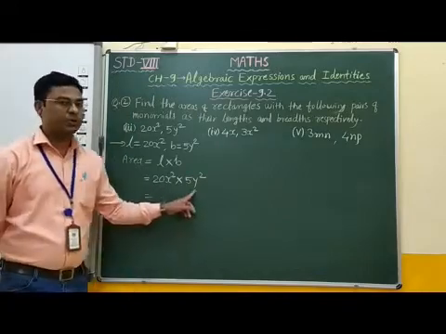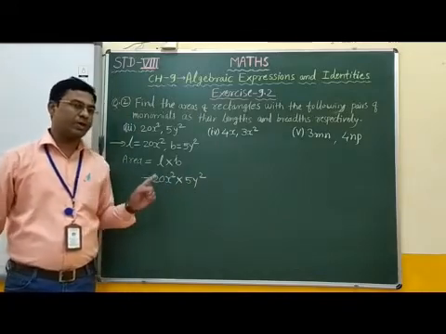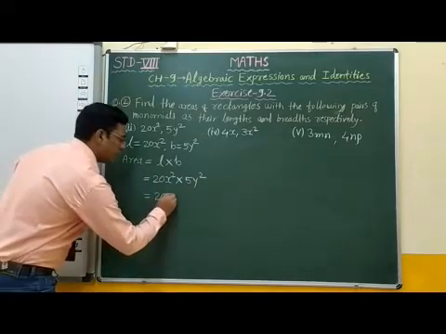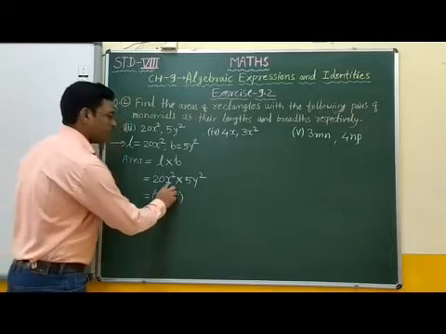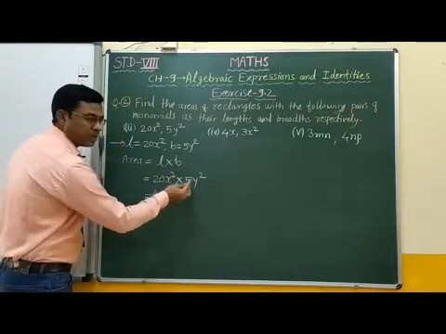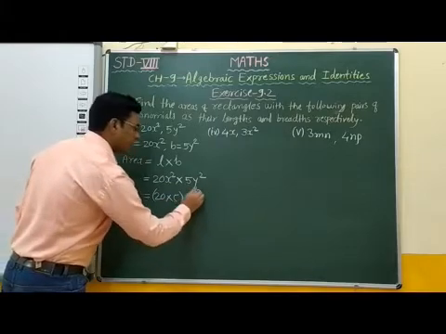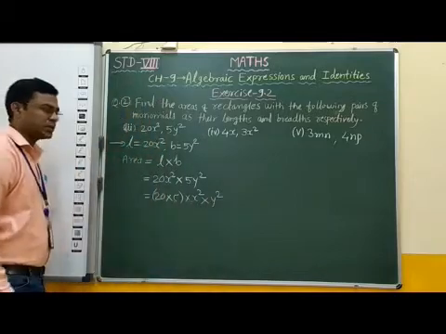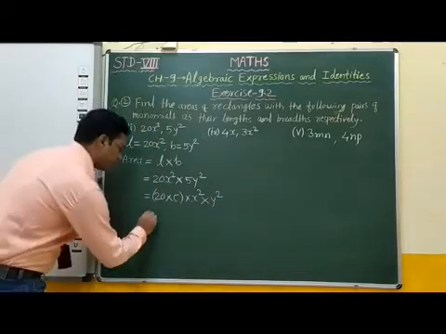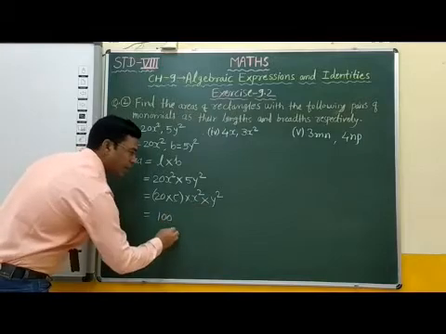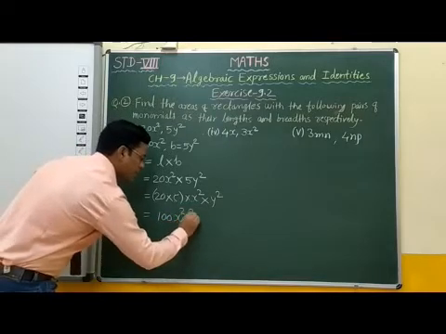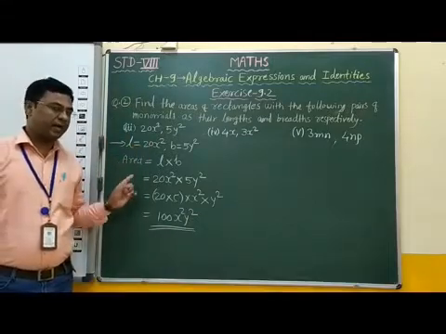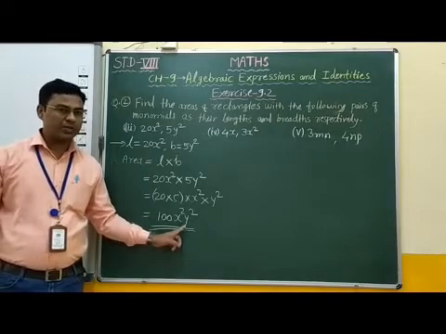Now here is multiplication of two monomials. Therefore first of all we have to multiply their coefficients. Therefore 20 into 5. Here x square, here no x variable, therefore we can write x square. Here y square, here no y variable, therefore we can write y square. Multiply by y square. 20 into 5, 100. x square into y square means x square y square. Therefore students, in this question area of a rectangle is equal to 100 x square y square.